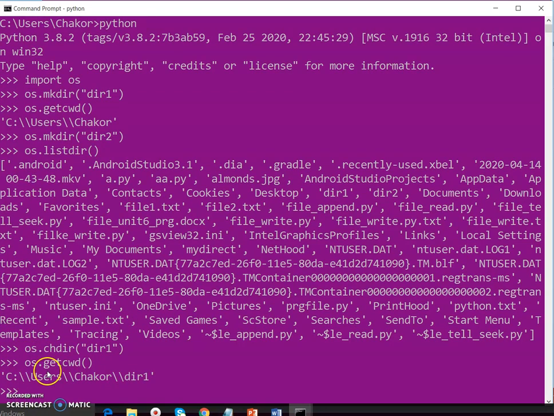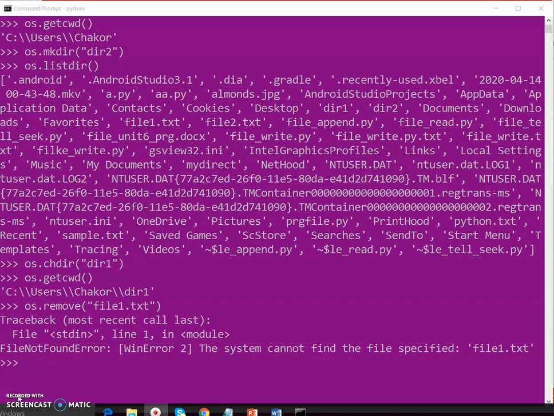So see here, now the current folder is dir1. Previously we used the getcwd method to get the current folder. Now the current folder is dir1 by using this change directory method.